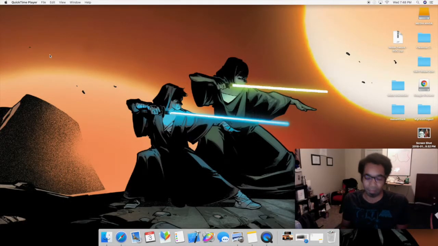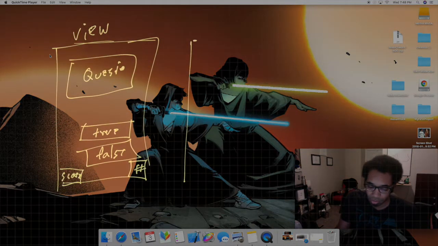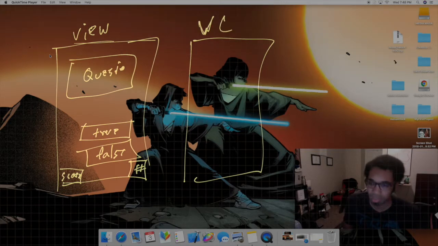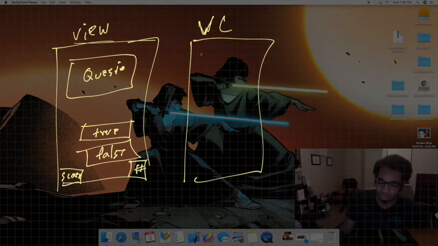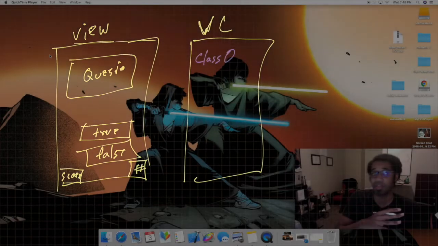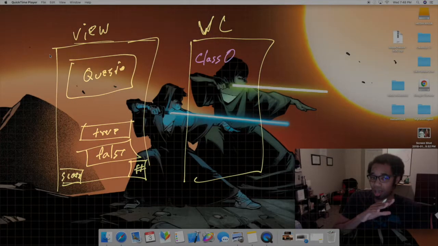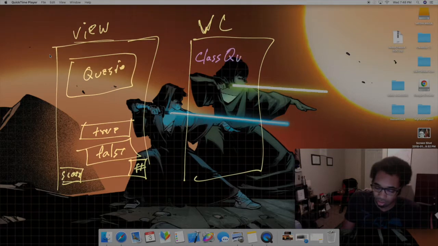Easy enough, right? Now we have to create our view controller. Our view controller is going to need to be hooked up to our view. So what's the first thing we need to do? We need to obviously create a class of view controller, and we would do that with the keyword class. Just like in the previous video where I gave you a tour, I briefly mentioned this. We make a class called